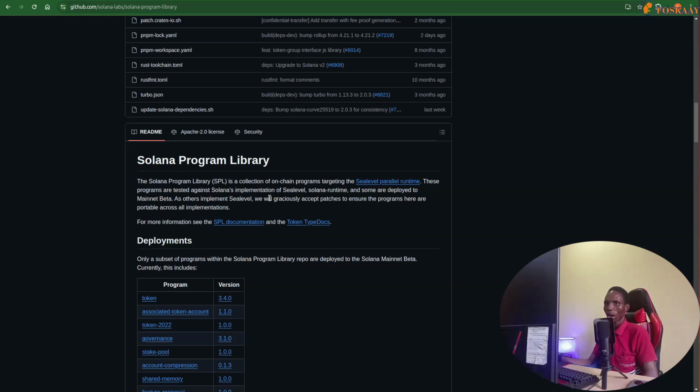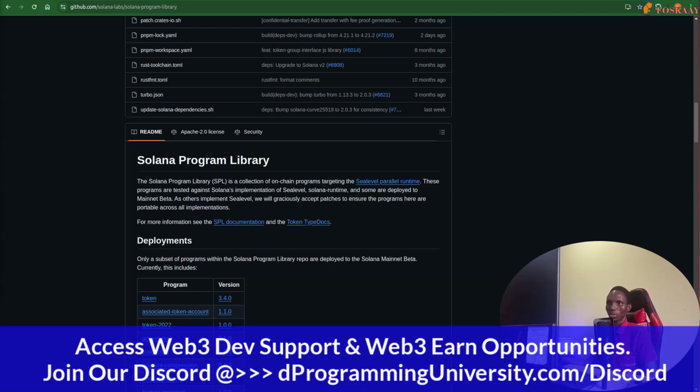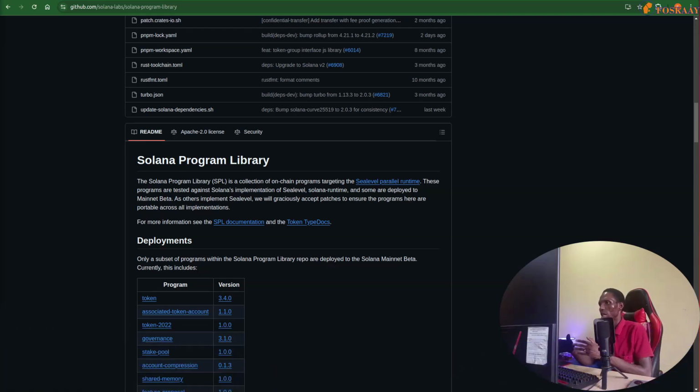When you are talking about a parallel runtime, you are referring to parallel smart contract runtimes on Solana. So it's a collection of on-chain programs. They are already on-chain. It can be on devnet, testnet, or mainnet, but at least